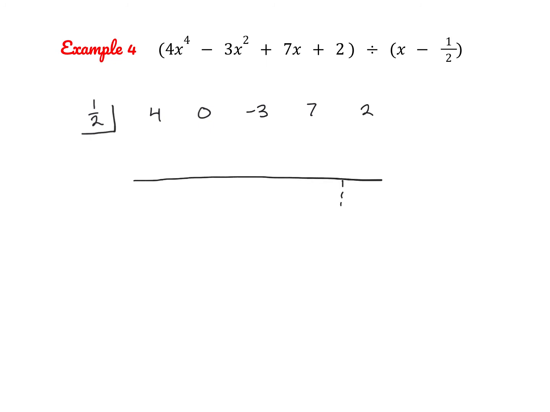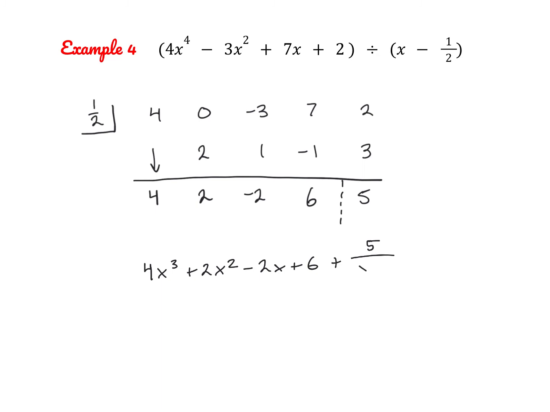And then here we go. So drop down your first number and multiply, and then you add and you multiply, and then we add and multiply, add and multiply, and then last step is adding. So again, these are the coefficients of our quotient, and since we started with x to the 4th, this is going to have x cubed. So our answer is 4x cubed plus 2x squared minus 2x plus 6, and then our remainder is 5, so 5 over x minus 1/2,